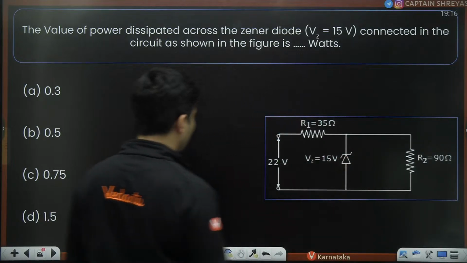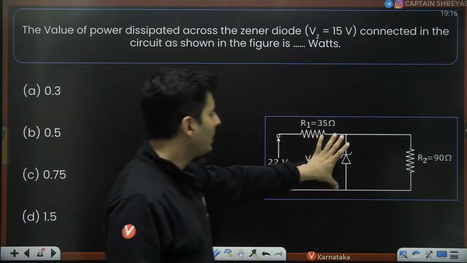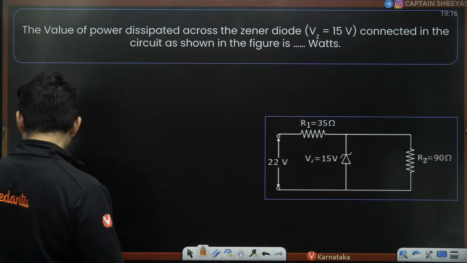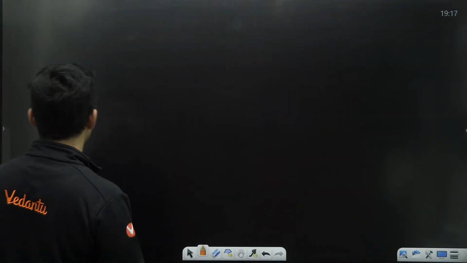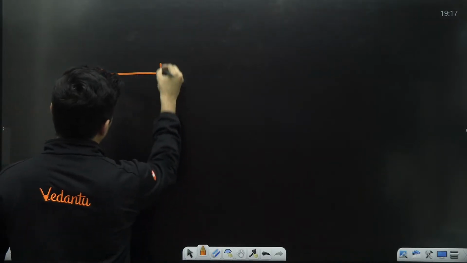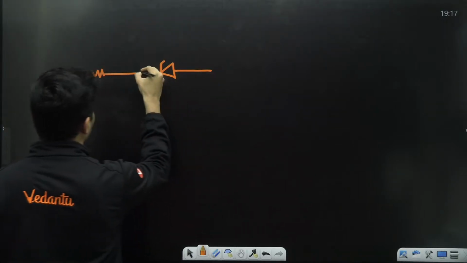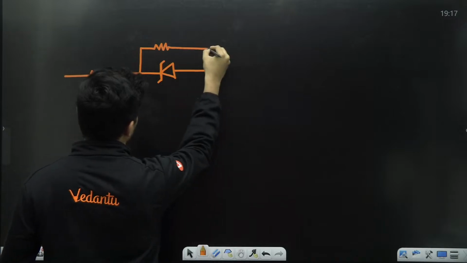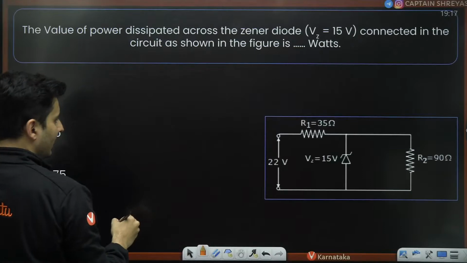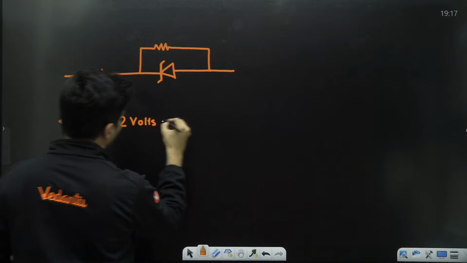First, reimagine this circuit, if you may. And the question asked is, what is the power across this Zener diode? Resistance and voltages are given to you. So what you do, just reimagine this circuit to be something like, there is one resistor here. There is this Zener diode over here, like this. And there is a resistance in parallel like this, and across this you have applied 22 volts, 22 volts completely